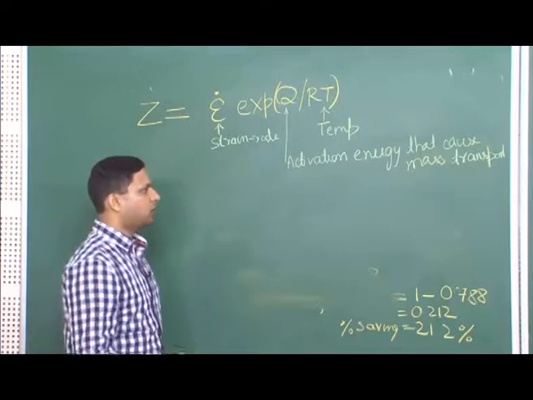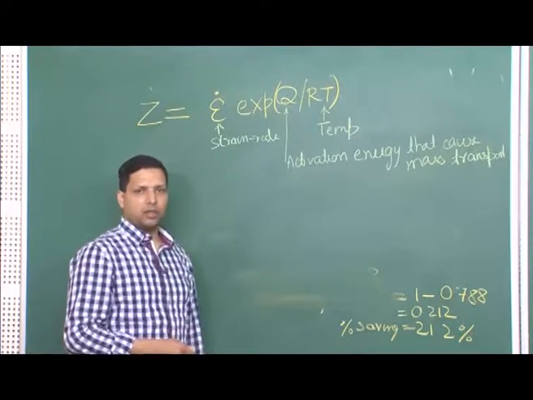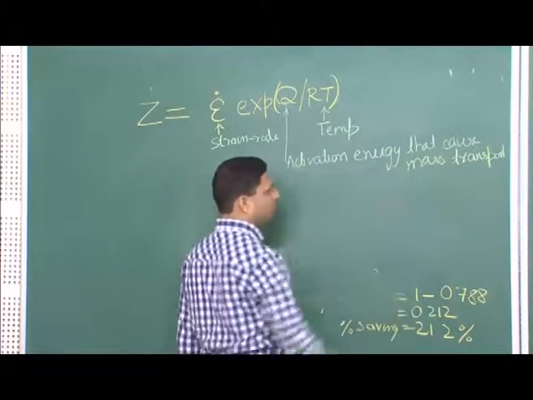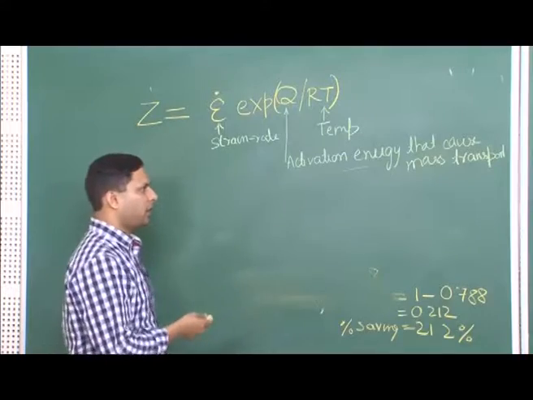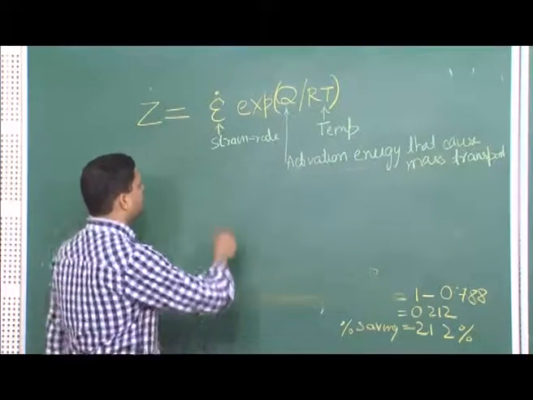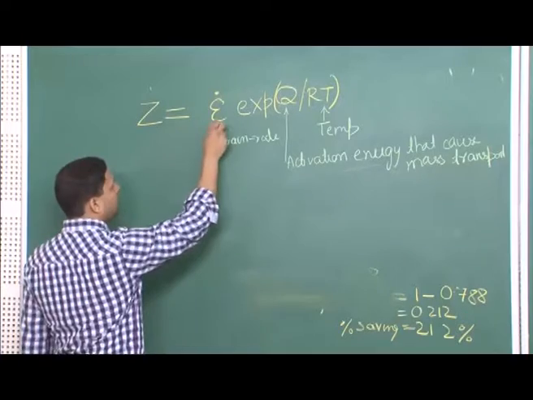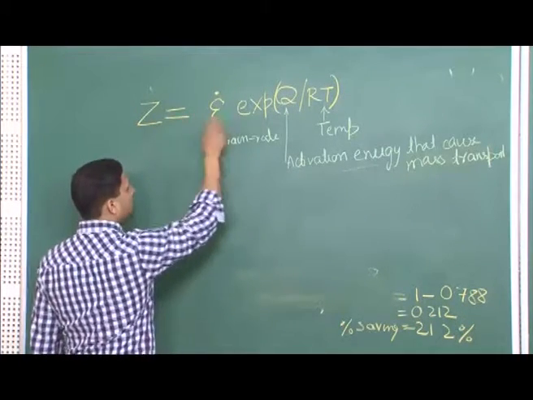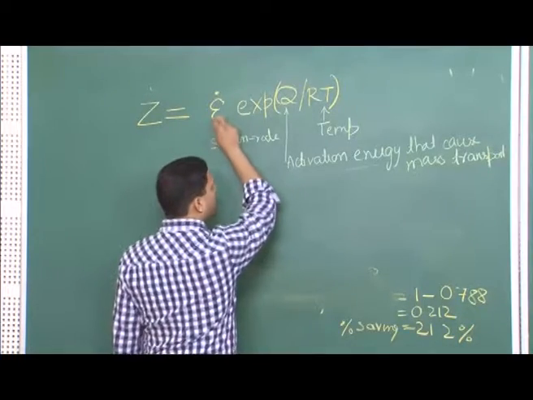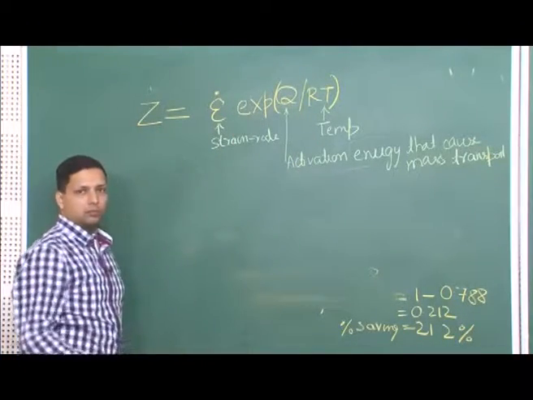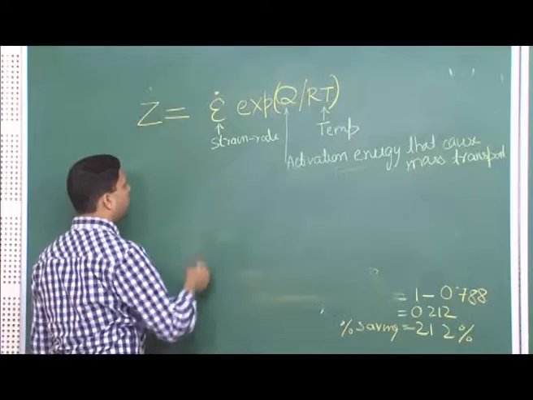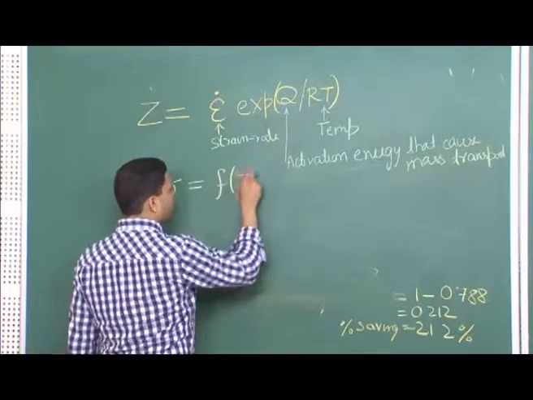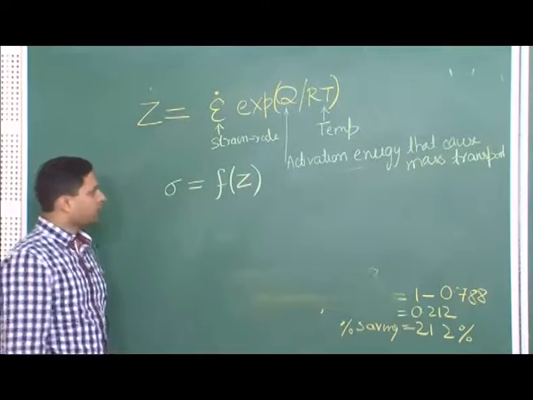So, you will have to have an advanced understanding of what particular mass transport process is taking place, but we will not digress onto that. So, what we want to look at is that there is an equivalence. Now, what you see here is that this parameter Z is combining strain rate and temperature, but this is just one part of it. The important part is that the sigma value, the flow stress, is actually a function of this parameter Z.